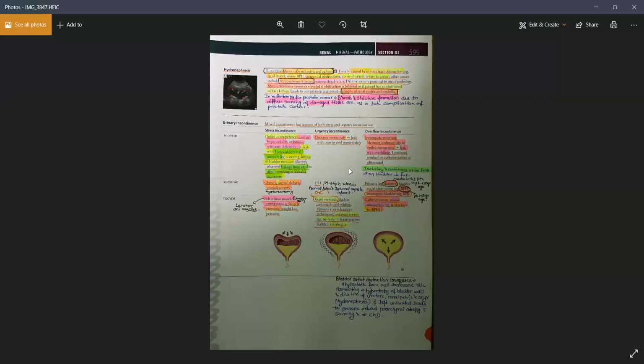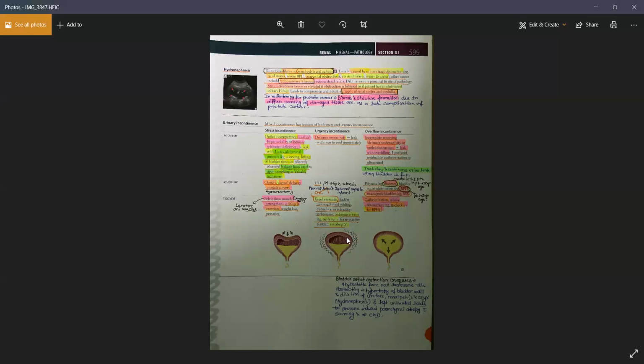Now, another thing that you must know: in overflow incontinence, you are going to have a blockage in the pathway of the urine, right? So in overflow incontinence, you can also get hydronephrosis. One other symptom that you will find in overflow incontinence is a patient with hydronephrosis. They will have pressure atrophy and you know all these things. Any more doubt on urinary incontinence? No, thank you.